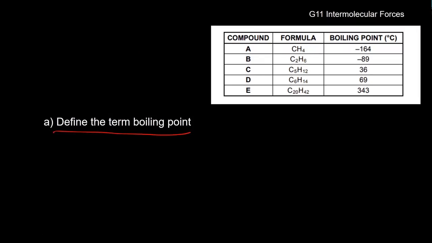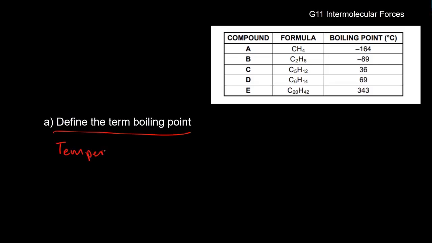And boiling point is about the temperature. Boiling point is temperature. I'll say it again: boiling point is temperature. So it is the temperature at which the vapor pressure is, well, it's going to be of a liquid, because this is a boiling point. So we're going from a liquid, from the melted state into the gaseous state, so liquid into gas. So it's going to be the temperature at which vapor pressure of a liquid